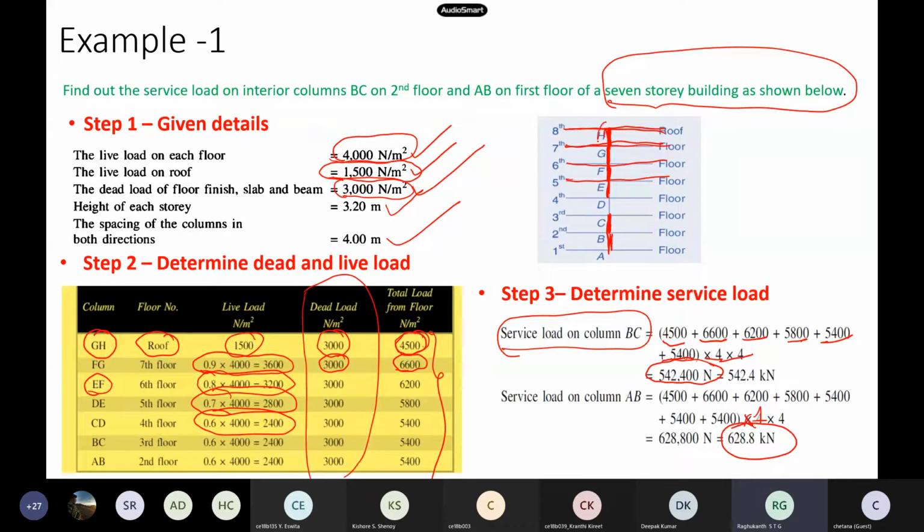Now the topmost column is very small. What is the load on the topmost column GH? No need to do any calculation. You can tell me what you have to multiply. See this table and tell me for GH. Just only the roof is there.